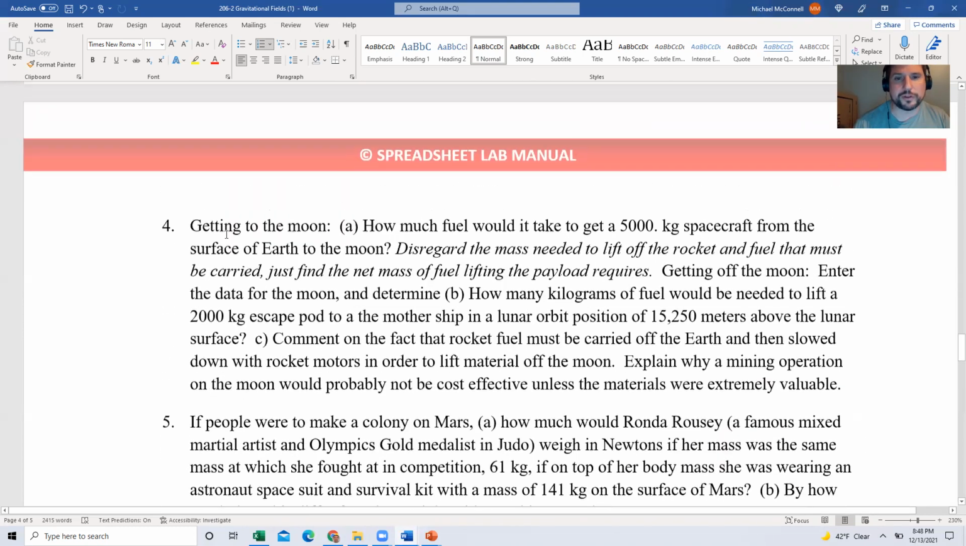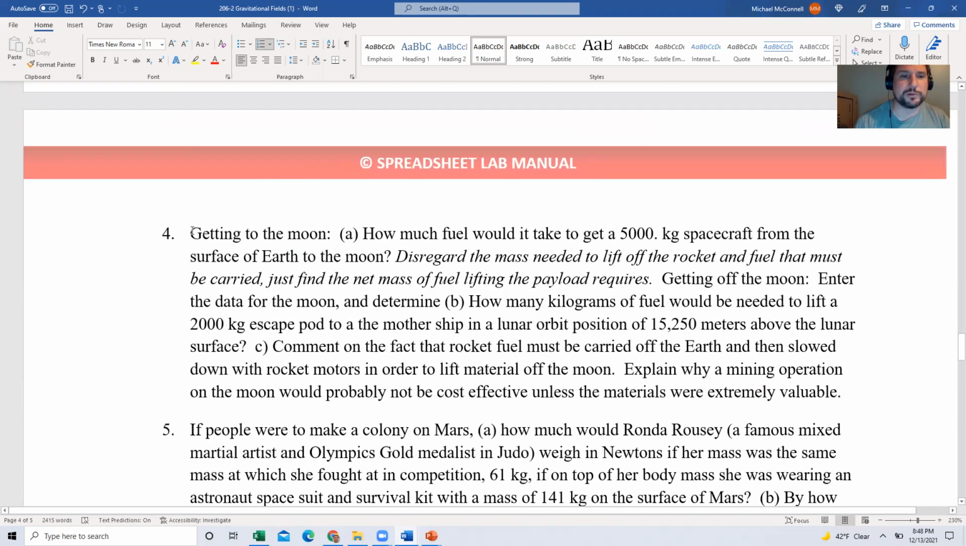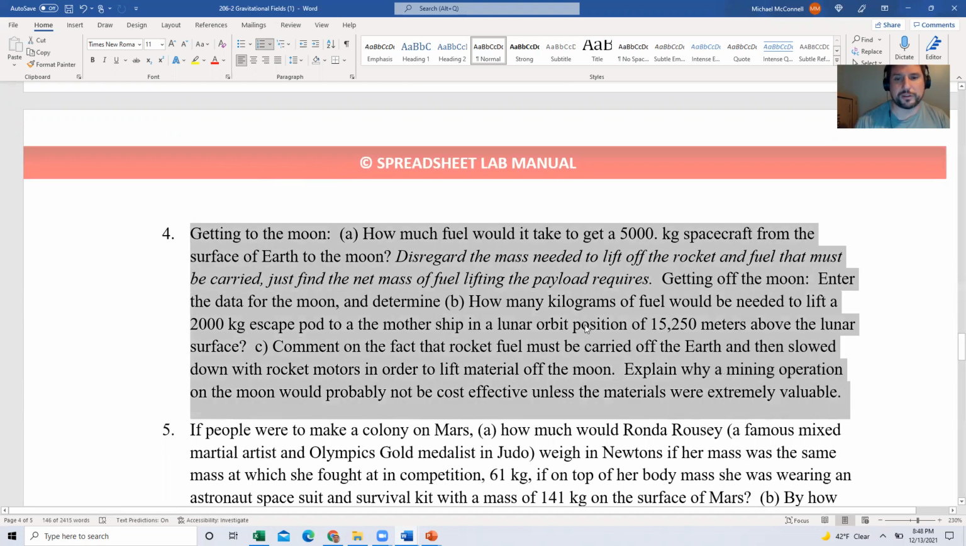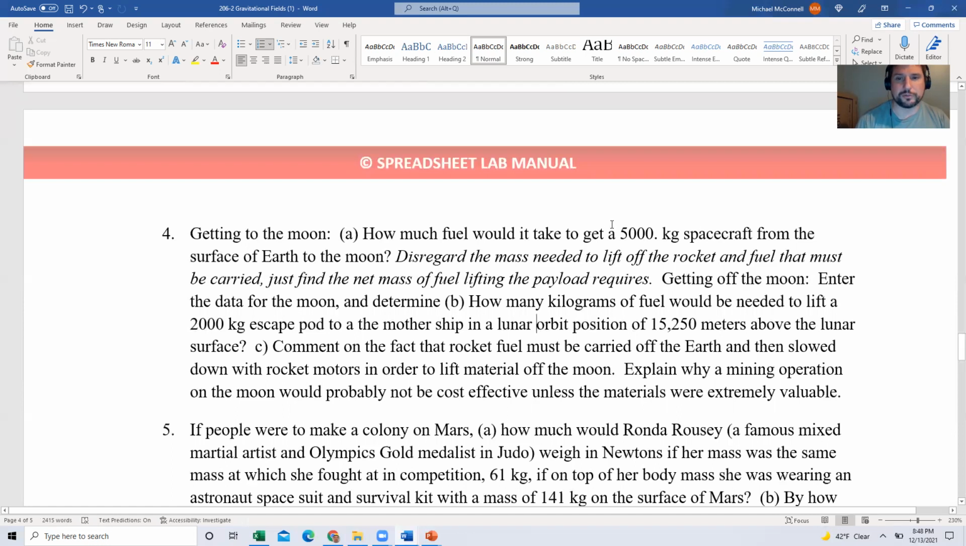All right, so all the other problems you should be able to work through. It's just a little bit of problem solving. Again, the one with the moon as the central object, where you have the mothership that's orbiting a certain distance away, and the cost of the fuel to lift off that 2,000 kilogram escape pod that needs to return to the mothership to an altitude of 15,250 meters, figuring out the energy to get there by looking at this